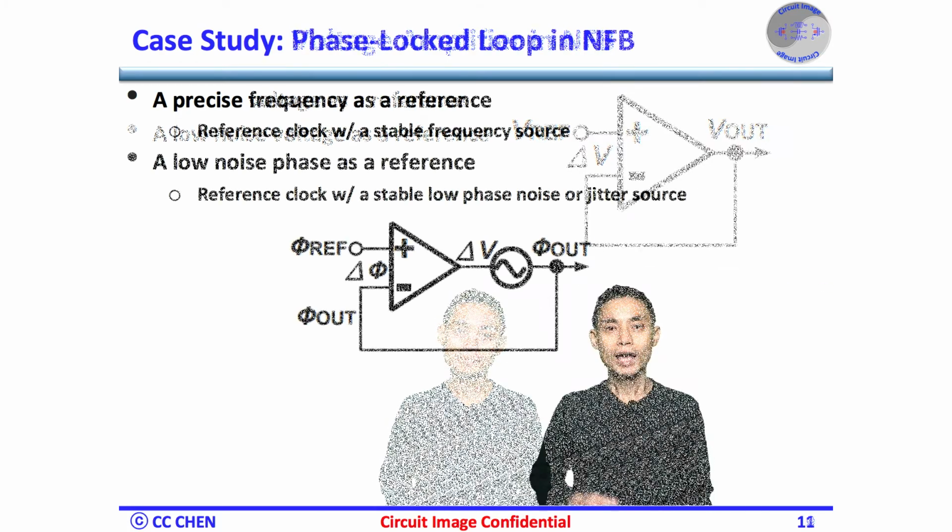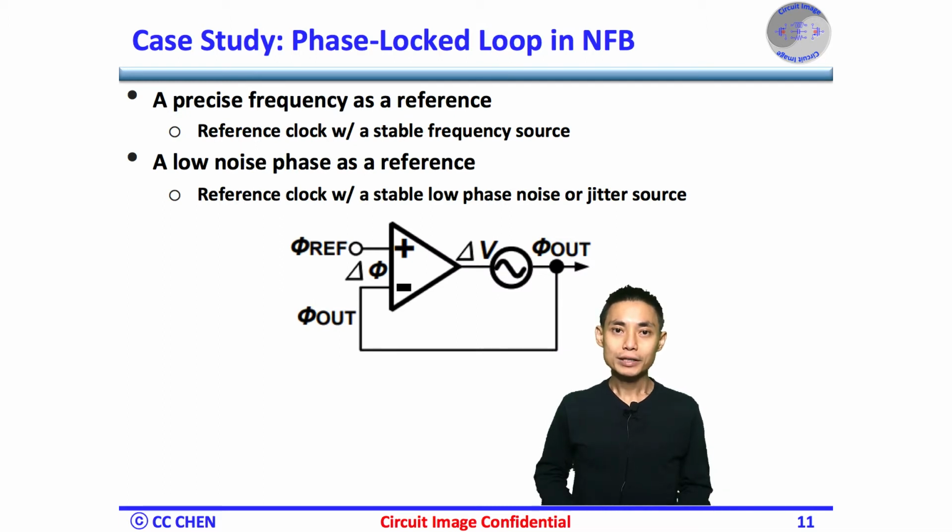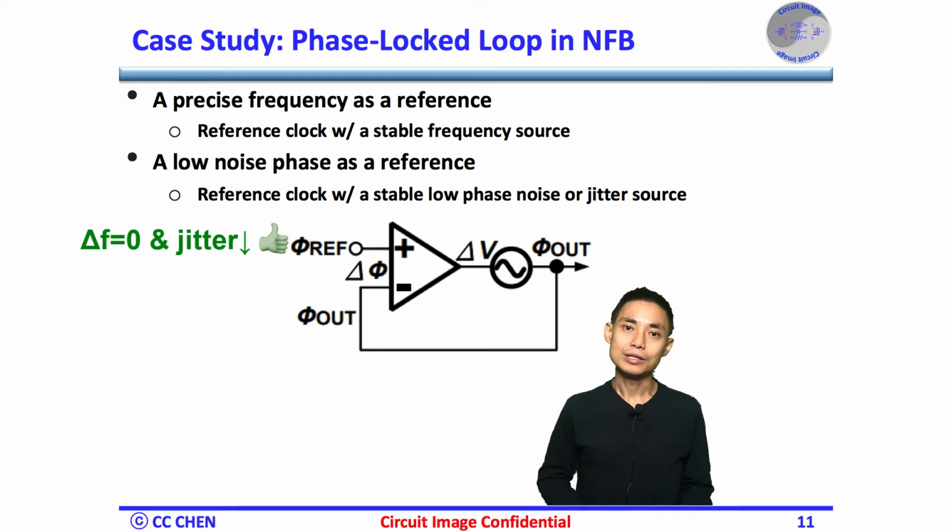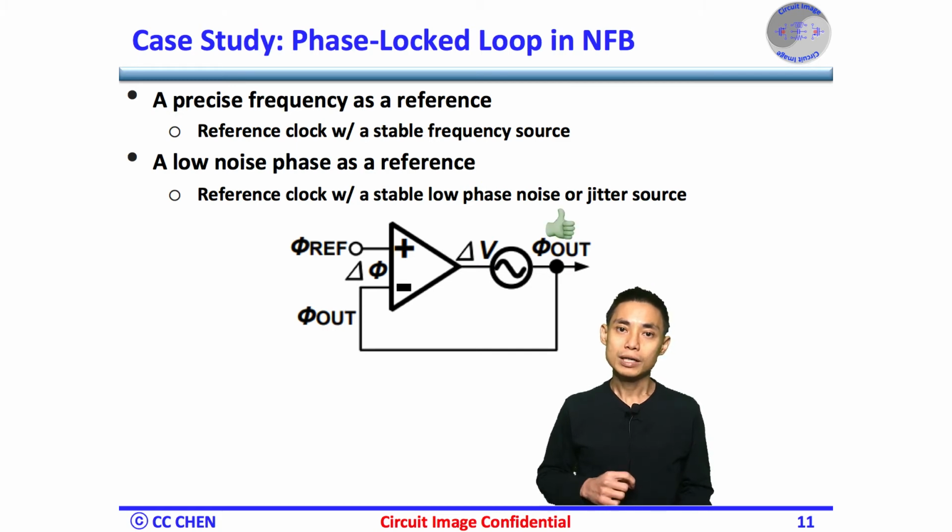state. After understanding the voltage quantity in the voltage amplifier, a similar phase quantity correction will be applied at the phase loop. In a real application, the crystal oscillator is the reference clock to provide a constant frequency and low phase noise or jitter for a PL. Then the PL's output clock phi out will produce a constant frequency with the low jitter as the input.